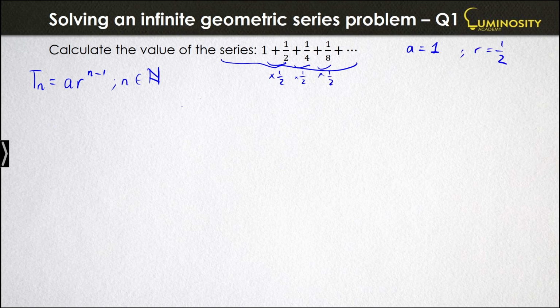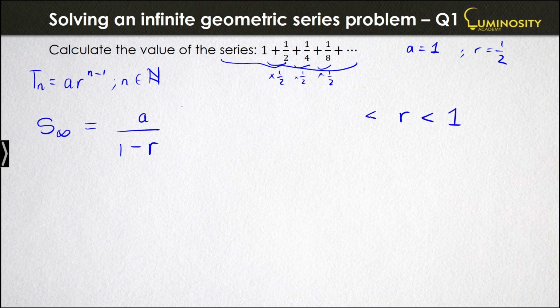So we want to find this infinite series because you can see the plus dot dot dot indicates you want to find the sum to infinity. So recall the formula, it's a over 1 minus r. But we can only use this formula under a certain condition. What is that condition? Well, that holy grail condition was that your r value, the common ratio, must be between